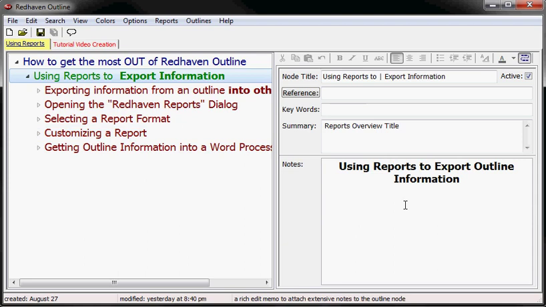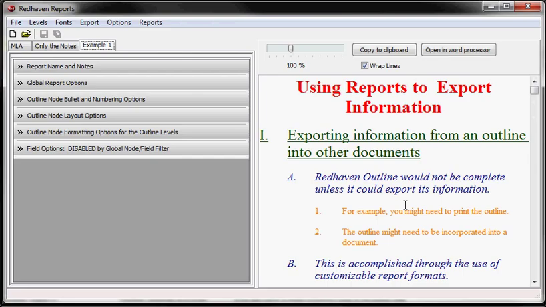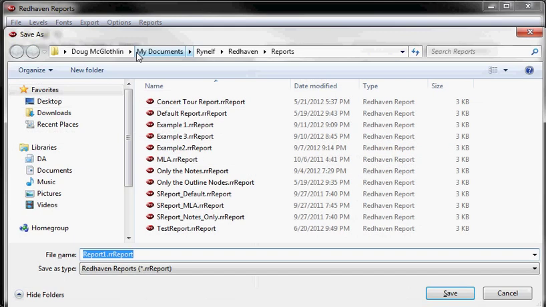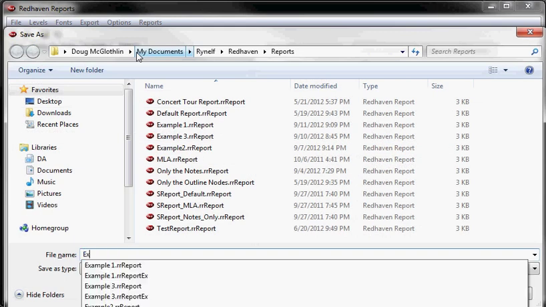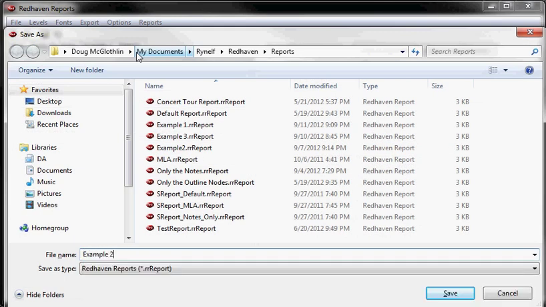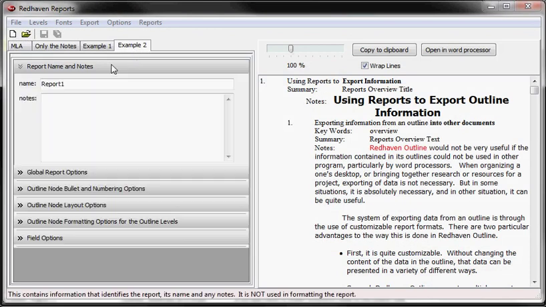outline node, hit F4 to get to the reports dialog, and I'm going to create a new report format. And let's save this. I'm going to save it as example 2. Let's call it example 2, and give it a name. The name will be video tutorial C field export,